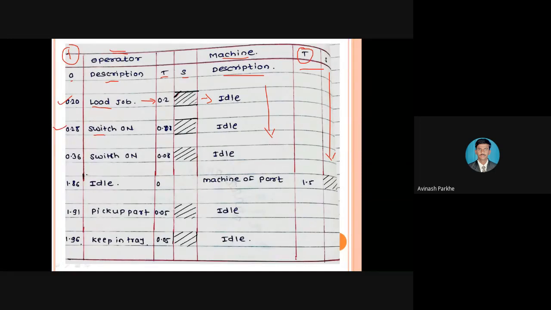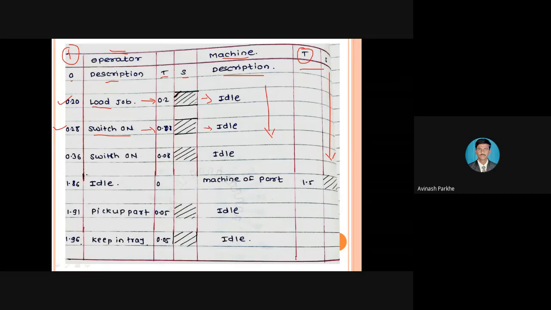Then second, 0.28. How much amount of time is required? We have to switch on the machine. So switching on the machine is also done by the operator. That means to make that machine on, the operator has to start that particular machine. That means in that also only the operator is working. Therefore, in front of that switch on, again, which symbol is there? Again, one rectangle is there, and in that rectangle, your hatching symbol is there. And in front of that, again, the machine is idle. Means still the machine is not started.